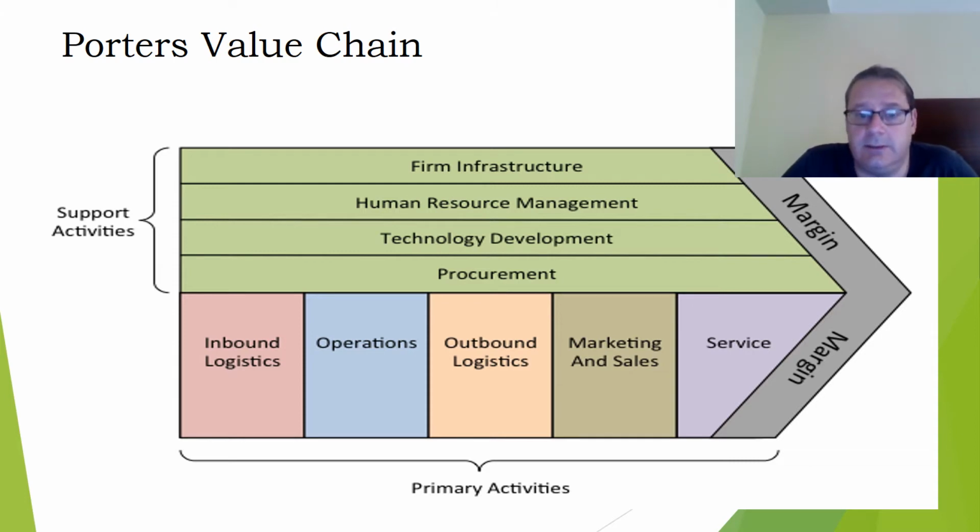Marketing and sales, so what level of marketing and sales do we do? And then after sales service, if that's relevant. With motor cars, it'll be more to do with warranties and guarantees. And conceivably, if you are manufacturing them yourself, the provision of spare parts to service authorities. Right, those are your primary activities.